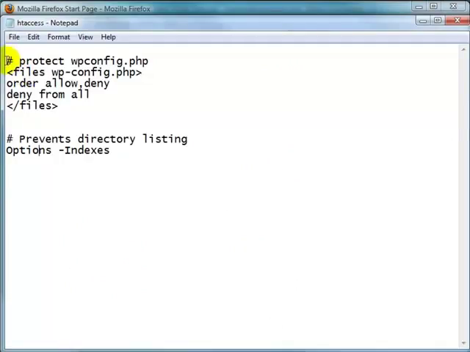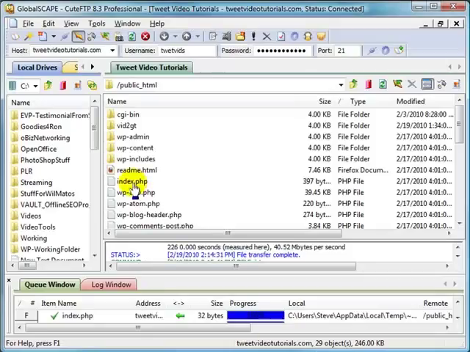This is all we need to do. The hash, pound sign, number sign, whatever you want to call it, depending upon what side of the pond you're on, the space, then protect, space, wp-config.php. Well, I don't need to read it, you can see it. Just add this to your .htaccess, or as it is in this case, right now on our computer, it's an htaccess.txt file. Then go ahead and save it, and as we did before, we're going to upload that to our root directory